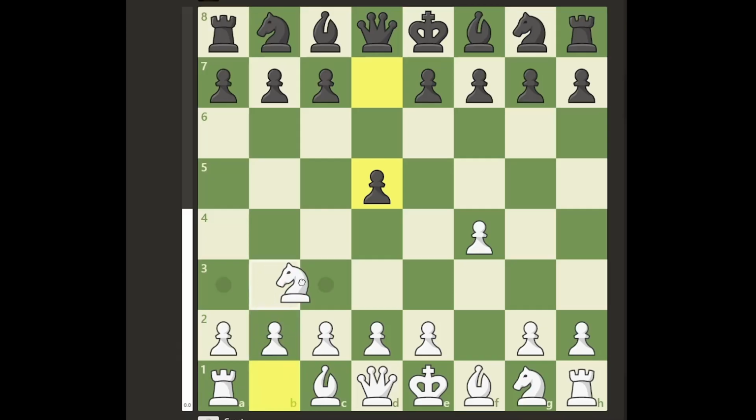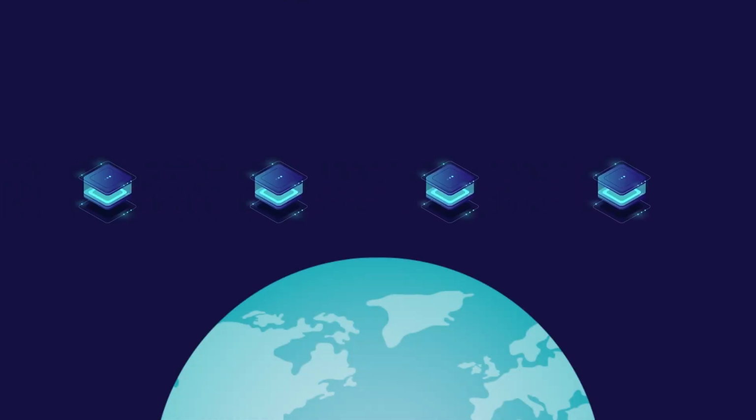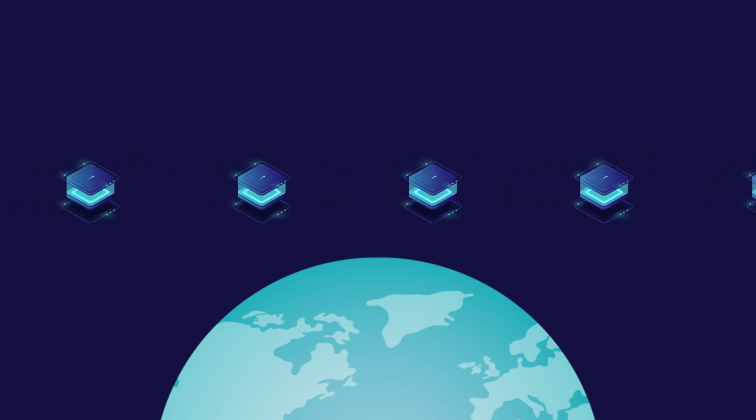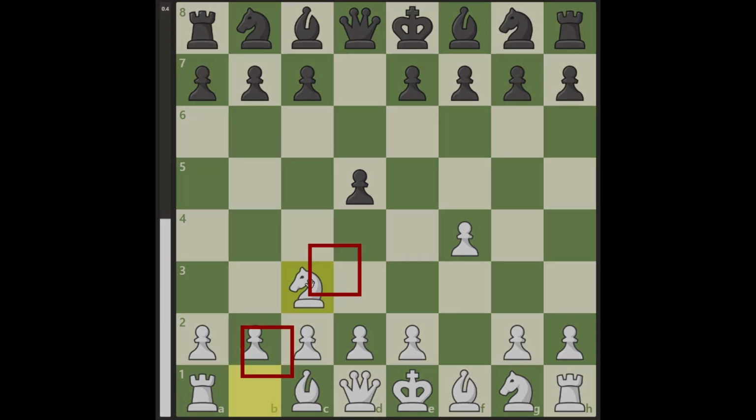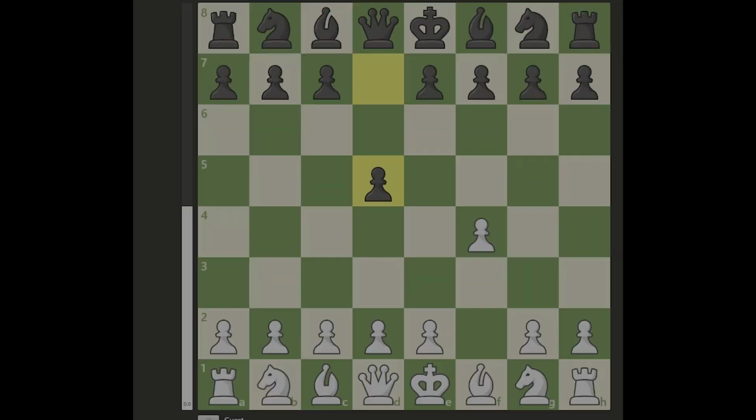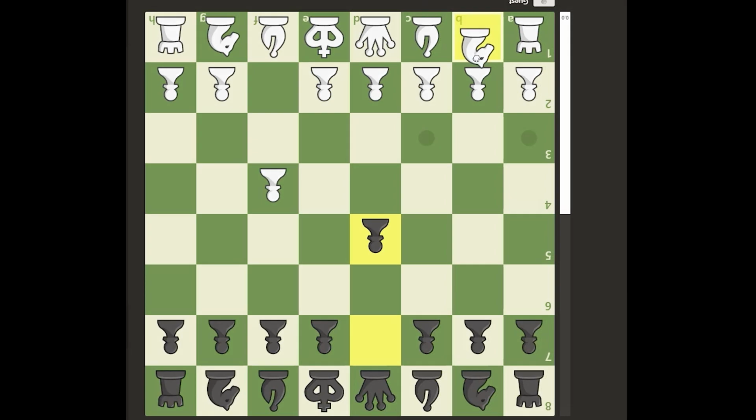In an online chess game, when someone makes a move, that move is converted into a network message and sent across the internet in a series of packets, which are just bundles of data. For chess, the message is very simple. It's just the starting position of the piece before I move it and the end position of the piece after I move it. With this information alone, my opponent can see exactly what I've done, and once they've received this message, they can update their board with the information. And that's it, you've got a networked game.